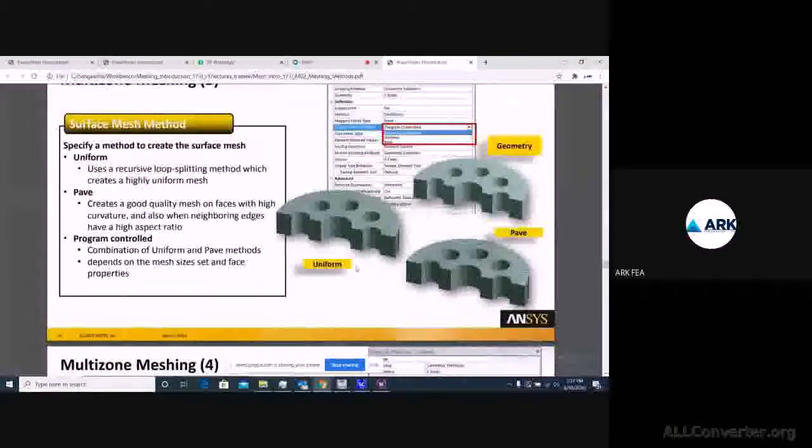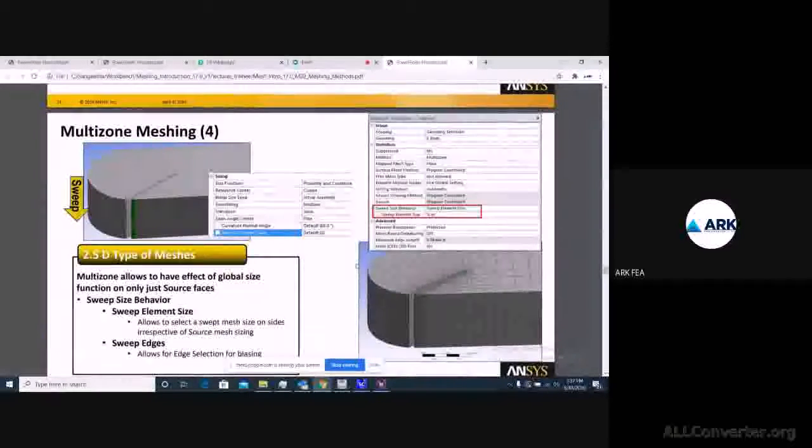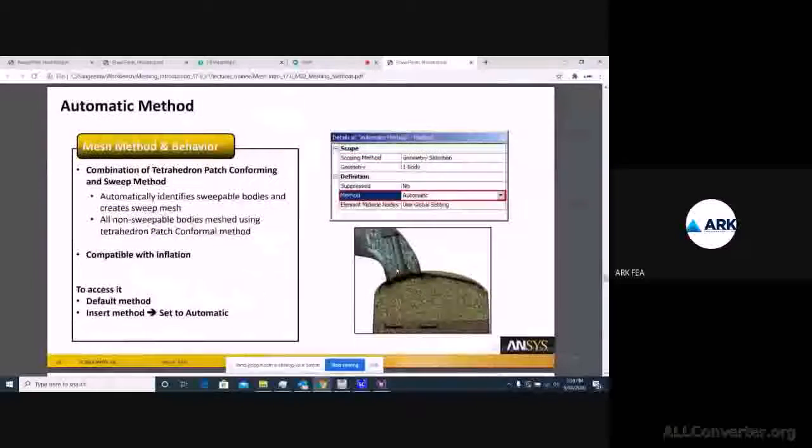We have checked it, we have seen it, right? So you can also add number of cells when you have certain gaps existing near there. So you can give an element size to it, or edge sizing you can give to have a better kind of mesh in that region.